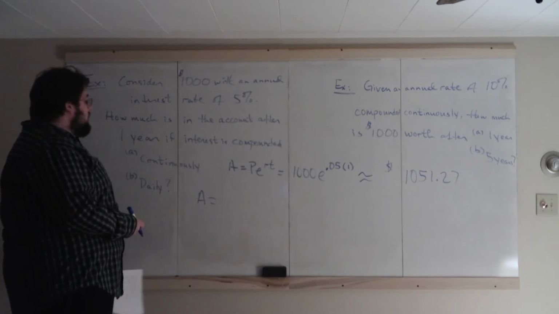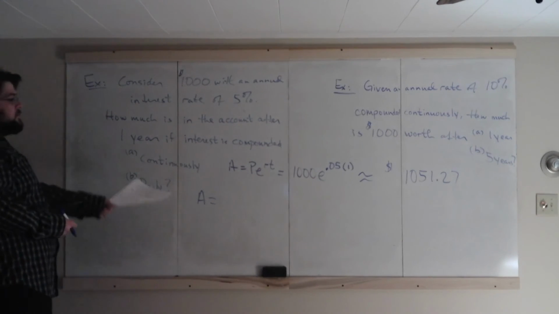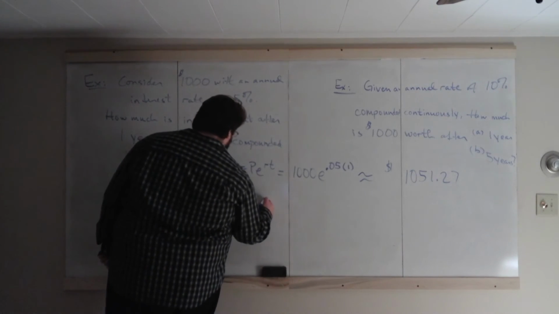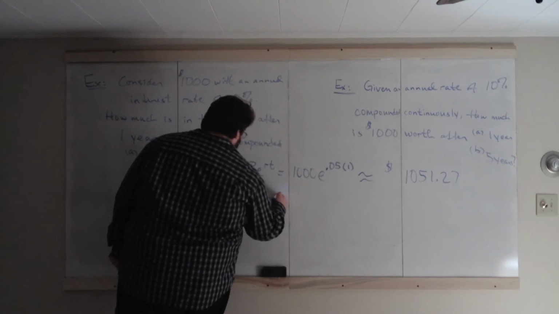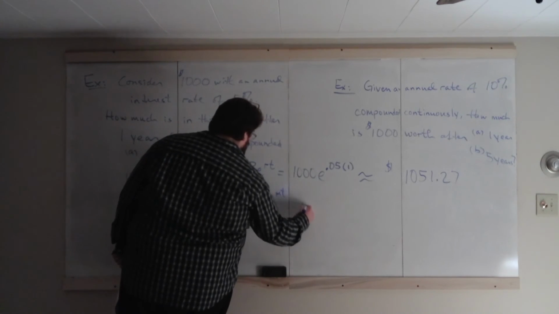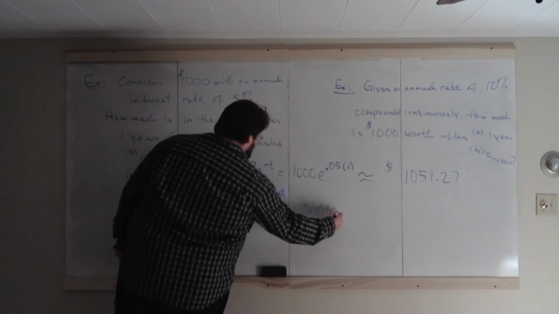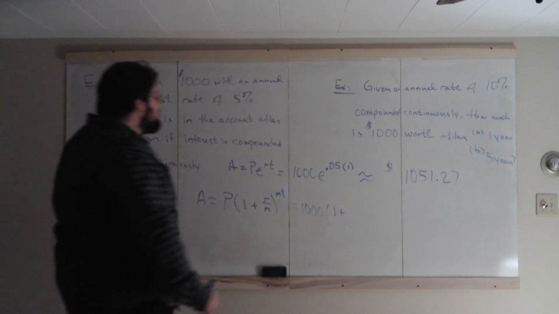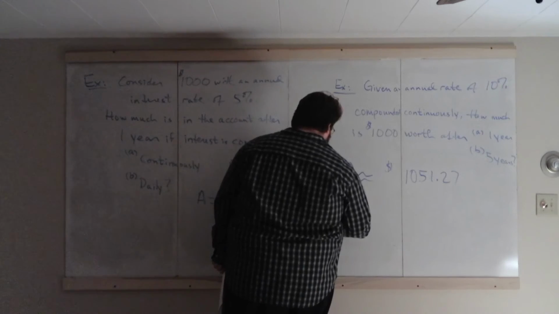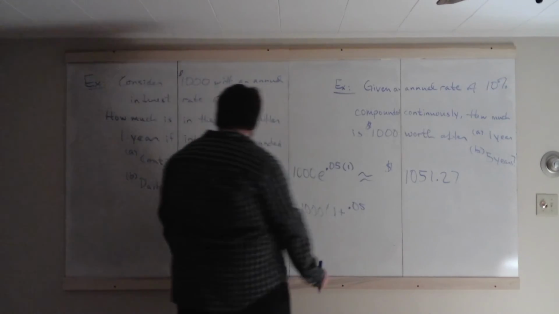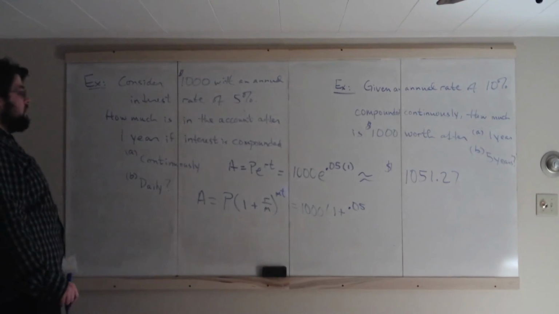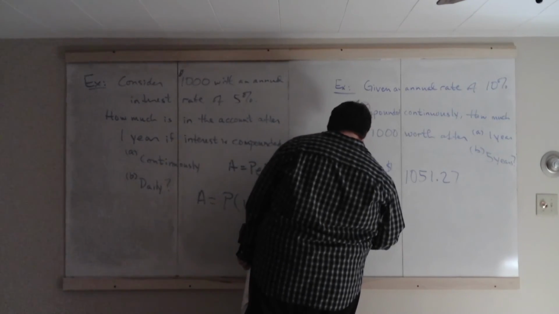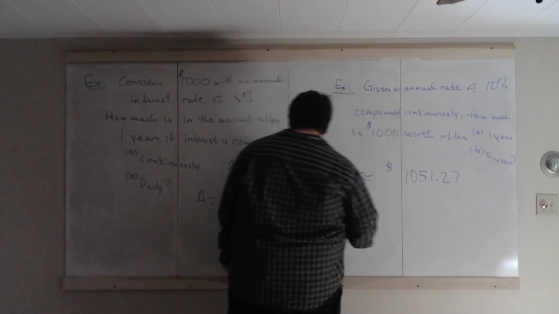And what about daily compounding? Well, daily doesn't use P e to the RT. It uses P times 1 plus r over m, to the mt. So it's still $1,000 times 1 plus, what's r? Interest rate of 5%, 0.05. What is m? Compounded daily, 365 exactly for this class, days in a year. All raised to the m,